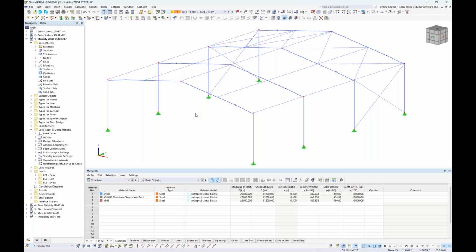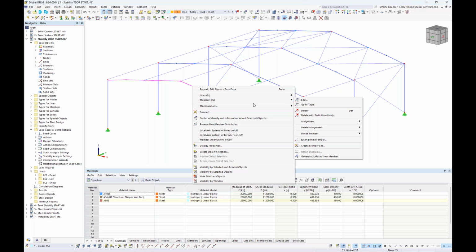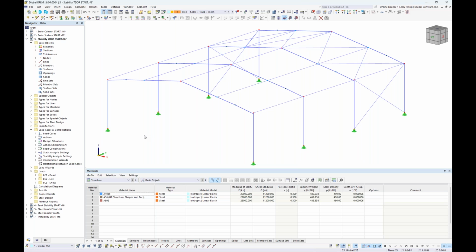In addition, if you would like the warping internal forces to be transferred to adjacent members, it's important here to create what we call a member set. So what I mean by this is that if we want the warping forces with the 7th degree of freedom to be transferred from, let's say, our beam on the right over to our beam on the left, we would need to hold down our control key to make sure both are highlighted here. We right click, and under the member option, we have the ability to create a member set. So that's just simply grouping those members together so that those warping internal forces will be carried out to adjacent